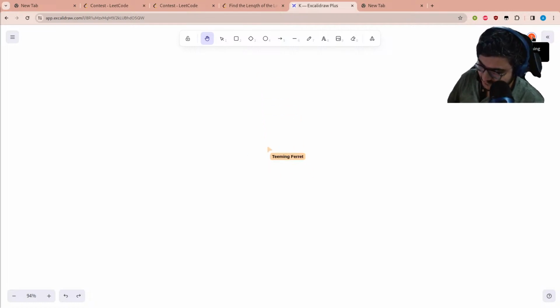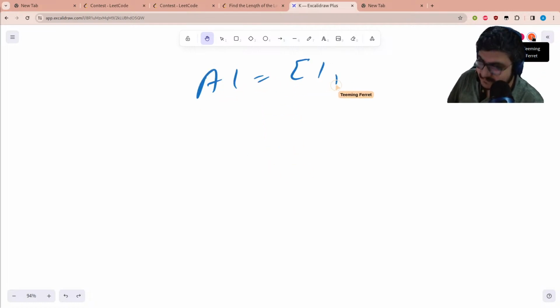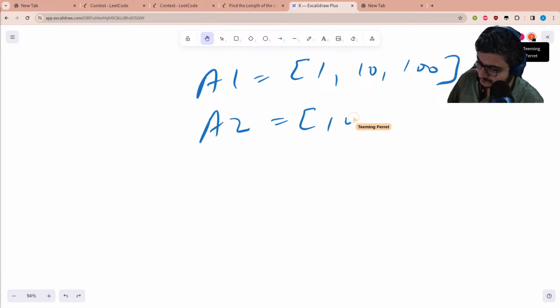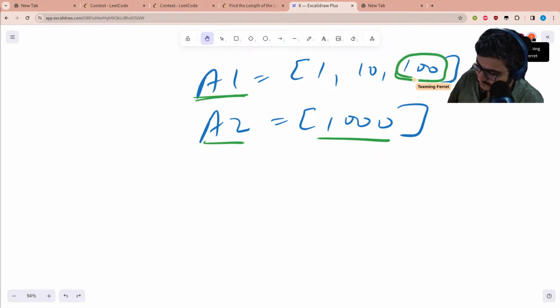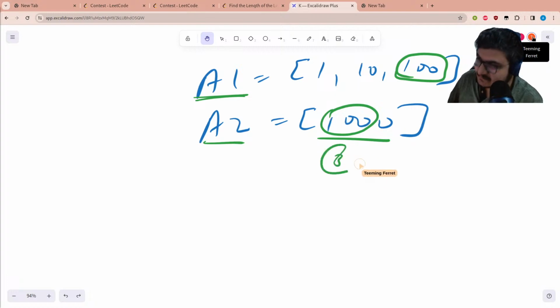Okay, looks fine. In the first example, array 1 is 1, 10 and 100, and array 2 is 1000. If you notice correctly, the only word we have for array 1 is 100, and all of the elements in array 2 are prefixes of it. So the max here is 100 over here and 100 over here, so the answer should be 3 in this case,